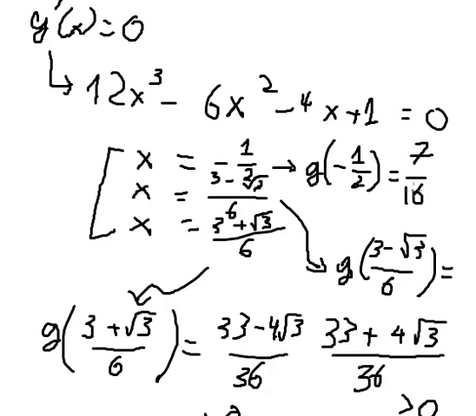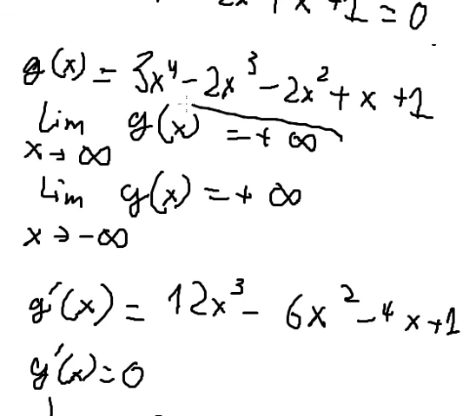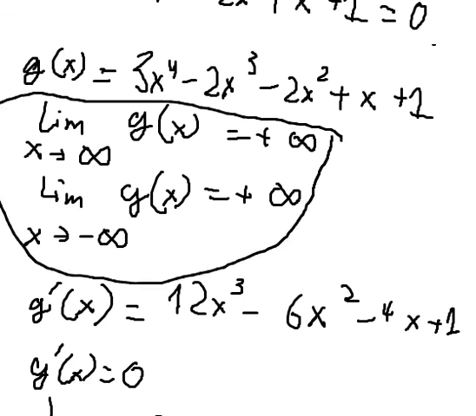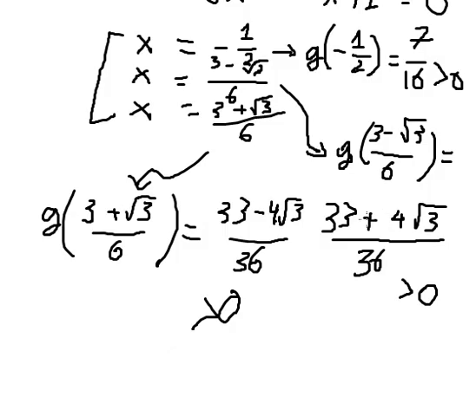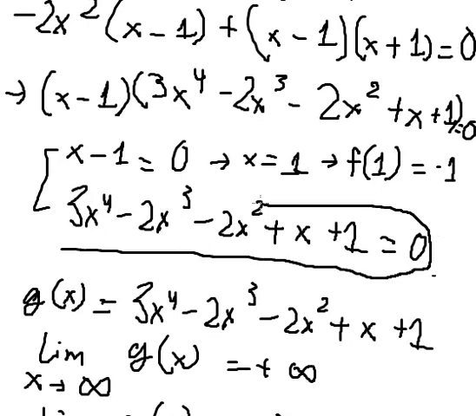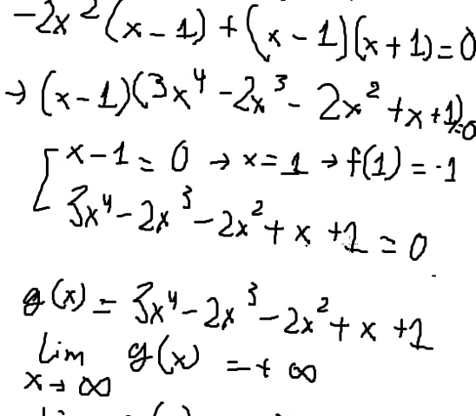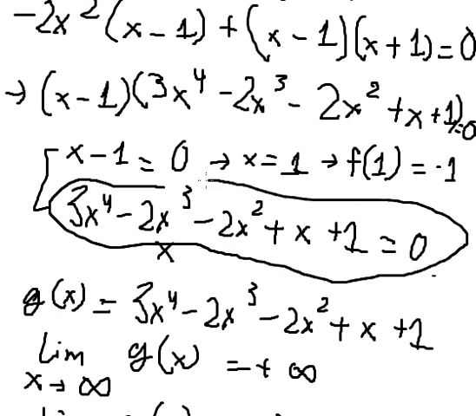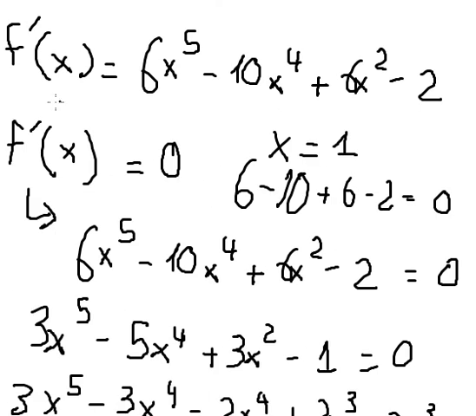We know that the limit goes to positive infinity. The 3 local values are positive. That means this equation does not have a solution at 0 in here. That means we don't have a critical point from this equation. For this equation,